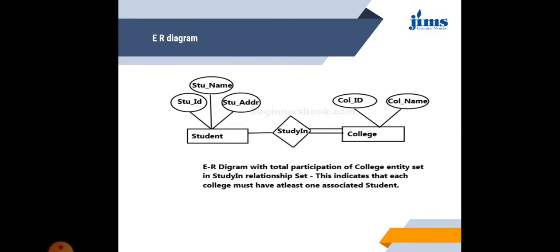So with the help of this you can make so many ER diagrams. And one thing is that in an ER diagram there will be no fixed ER diagram for any problem. You can make, with the use of your mind, different types of ER diagram for a single problem. So that's your mind makeup, how many relations you want to pick up in that ER diagram. So that depends on you.